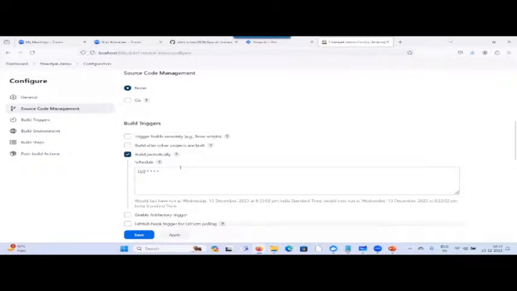Okay, I'm doing a Maven project, so I'll select a Maven project and click on OK. If you don't know how to create a Maven project, just go to this link, search create a Maven project, and you can run this command to create a Maven project. So let us do that so that things are easier for you. I'll just run this command and I will be able to